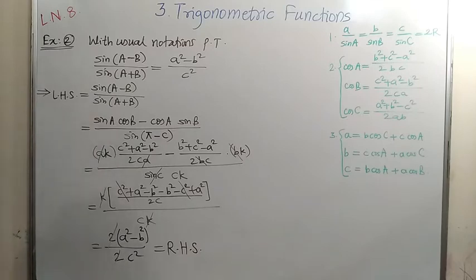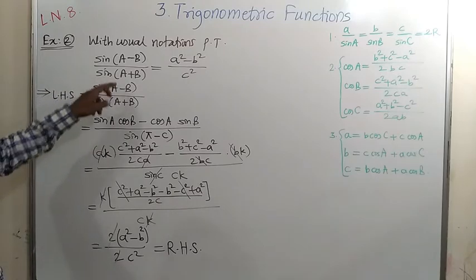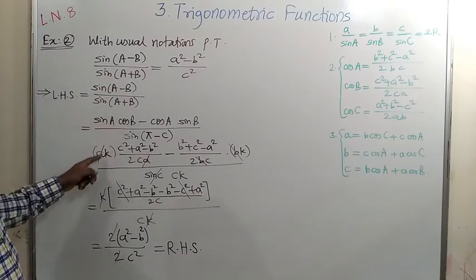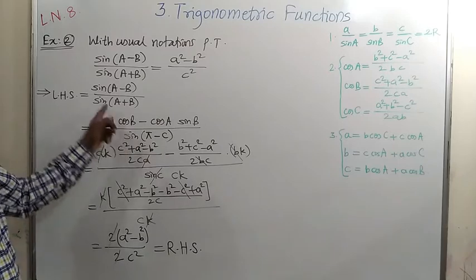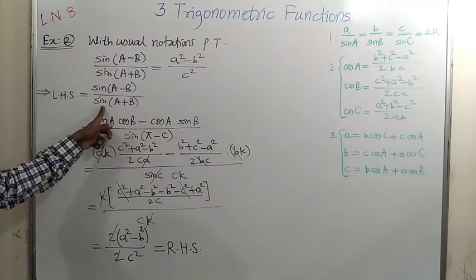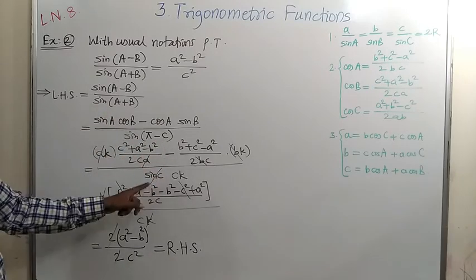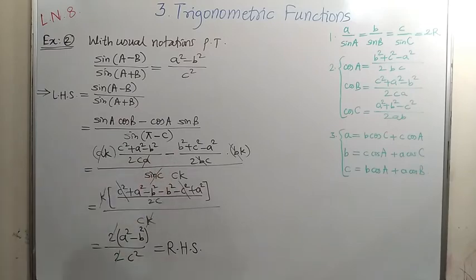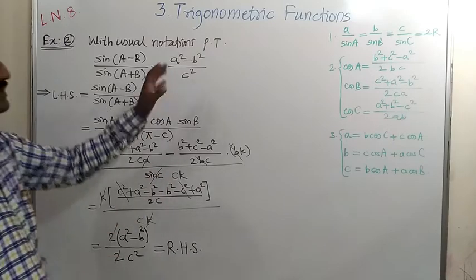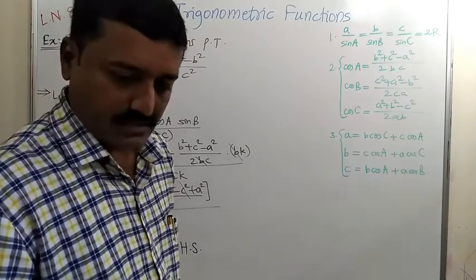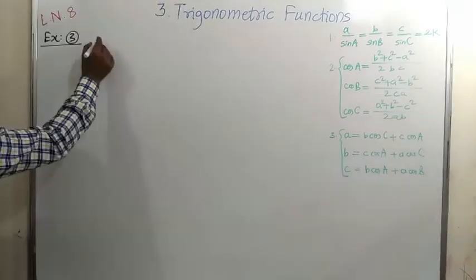That is the RHS. So this one is also very simple. Just use the formula for sin a minus b, and then use sine rule and cosine rule. And remember to convert this sin a plus b into sin pi minus c, that is sin c, that is again ck. So that we get RHS a square minus b square upon c square. Let us move towards the next one.